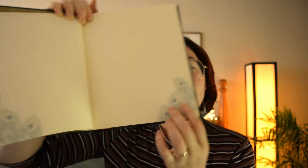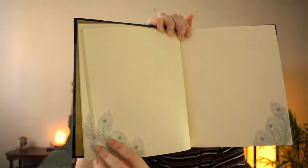And in it, all the pages have this soft off-white color with the lines, and then in all of the corners there is the peacock design of feathers as well. So as you can see, I have not used this notebook very much,